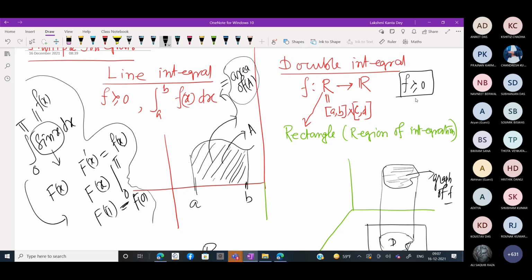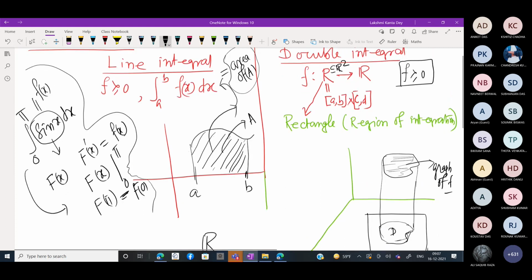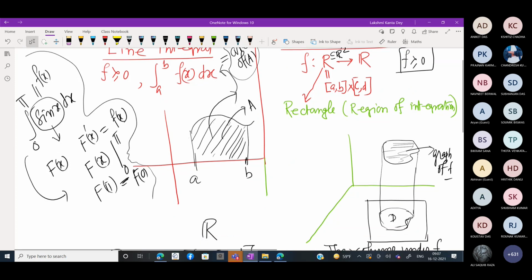That is a little bit advantageous in order to visualize what is actually happening in the case of double integration. So the first assumption is that the function is real valued, whose domain of definition is a subset of R2. This is a special type of region, R, the rectangular region. We do not initially assume the region to be arbitrary. Later on, we gradually improve the definition and its applicability; in many ways it can be developed. Those things I will consider later on.